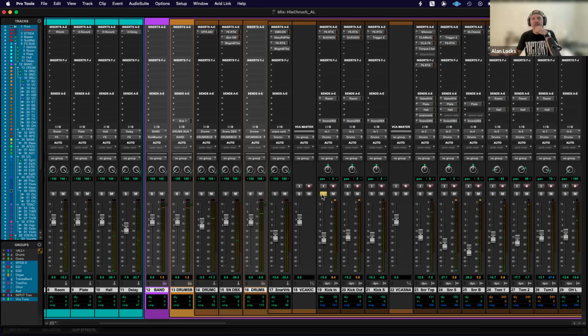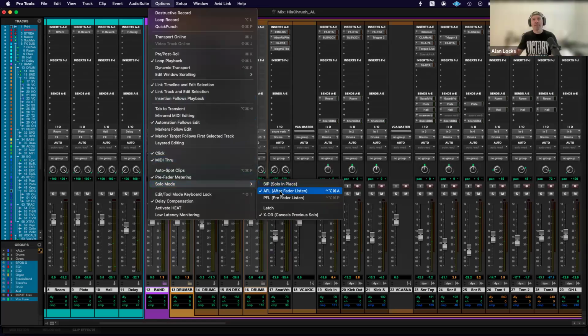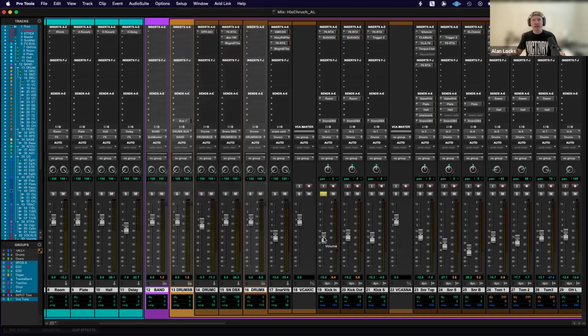Okay, so you see that, let's go pre-fader. Pre-fader, after fader. You see the difference? After fader, look at the volume. Now I'm gonna do pre-fader. Louder. After fader. I'm changing the solo mode here. Now we are in after fader. So pre-fader doesn't count this fader. It's gonna sound as if it's here. Okay. Anyways,